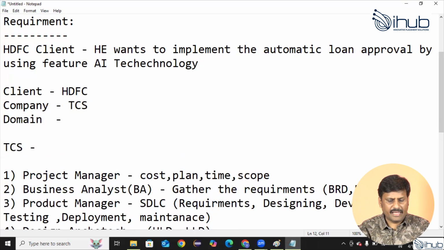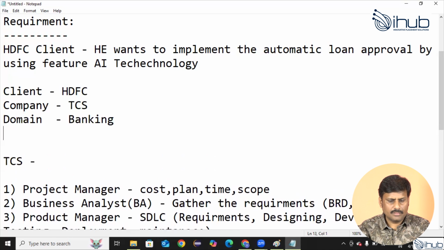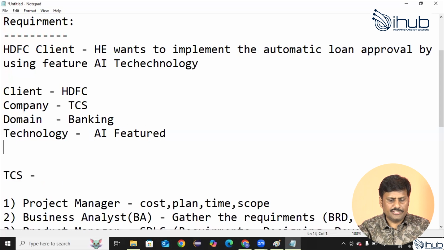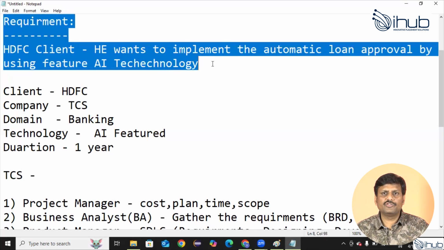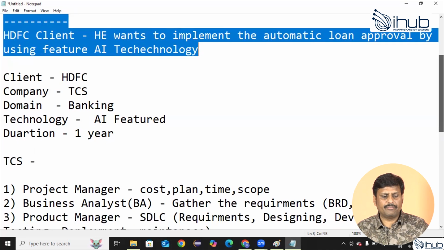Like banking, technology, AI featured, and the duration like 1 year. Now, if any client has a requirement to be developed, they have to approach a company,